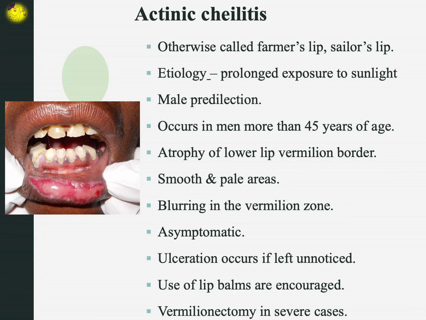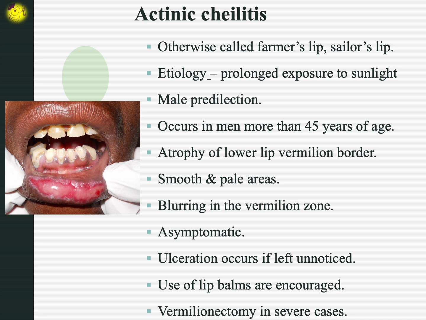The third condition in this category is actinic cheilitis. Now let's split the title. The word actinic means exposure to sunlight, cheili means lips, and itis means inflammation. So prolonged exposure to sunlight, which is seen in certain occupations such as farmers and sailors, and hence the names farmer's lip and sailor's lip, can cause a kind of blurring at the level of the vermilion zone,